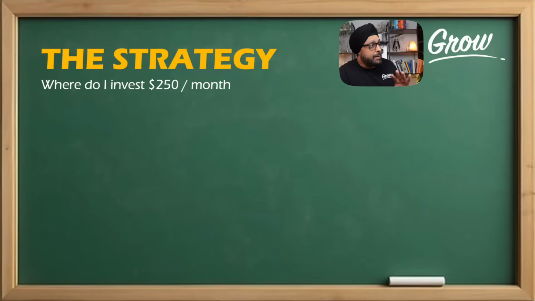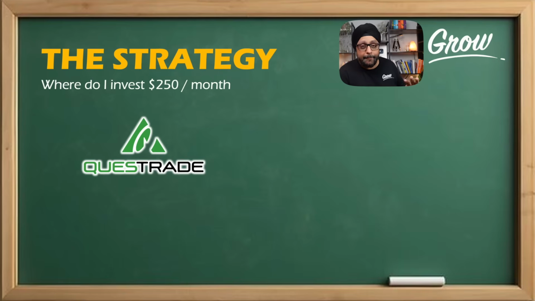I'll talk about that when we talk about withdrawals, if my kid does not go for education. Stay tuned for that. Let's talk about the strategy and where I invest at $250 per month. My strategy is not to do the minimum. My strategy is to do $250 a month so that I maximize the contribution of $50,000. I don't front load anything. I'll talk about why in a bit.